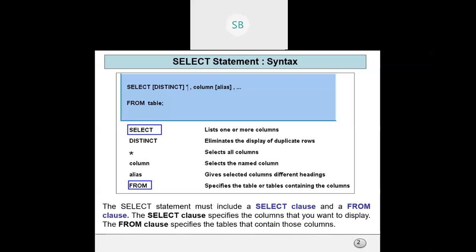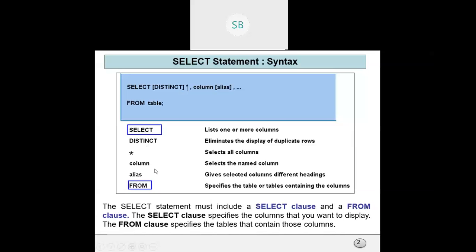So when we use select star from employees, that is from any table, it displays everything, all the columns. And when you mention a column list, like if you don't mention star and you mention select EID and ename, then it will display only those two columns.